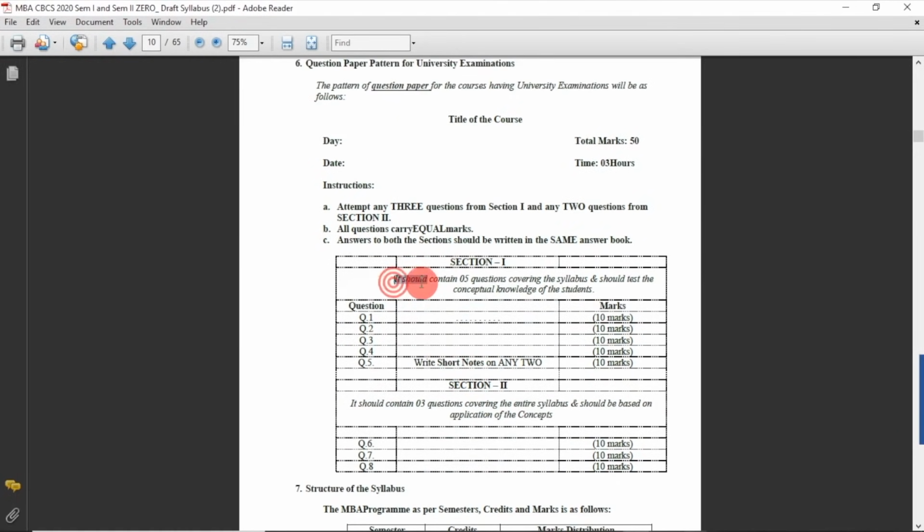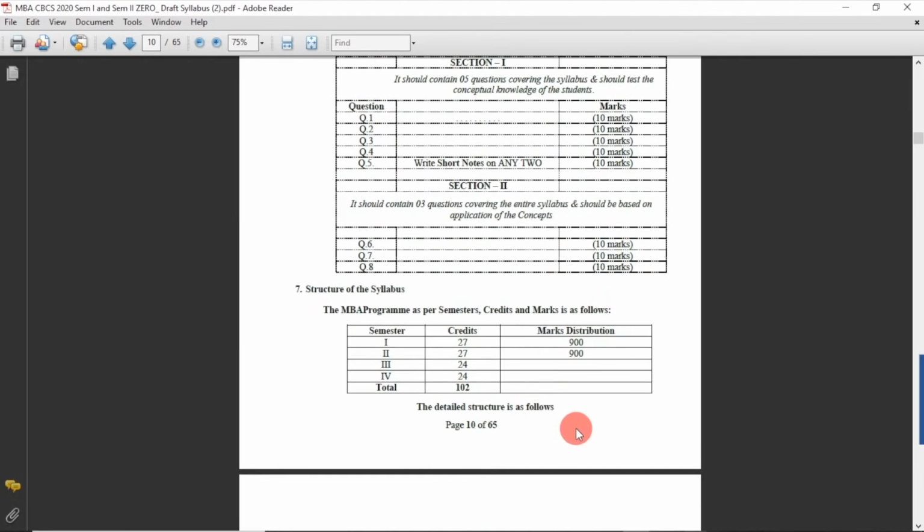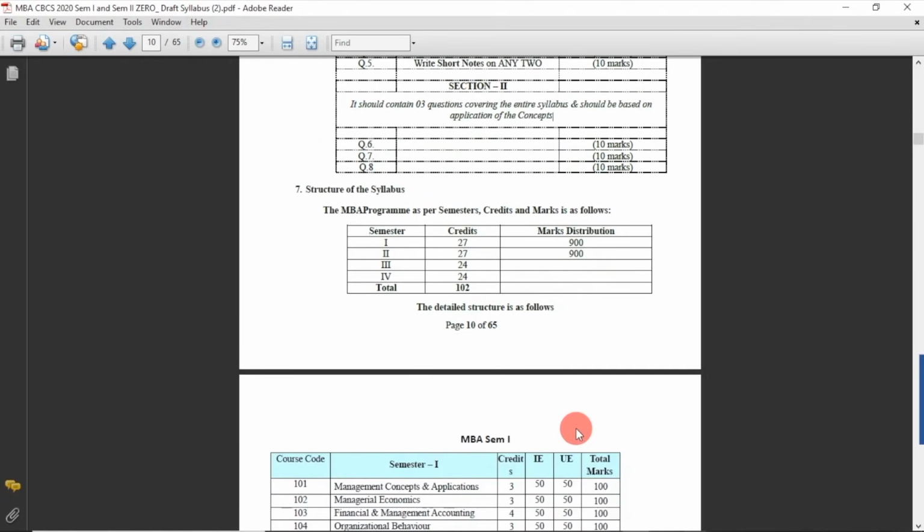Our questions will be based on testing the conceptual skills. So the first 5 questions are on conceptual skills, and the next 3 questions are based on application of the concepts. These two things have been taken care of, and that's how we go about planning the structure of the question paper also.